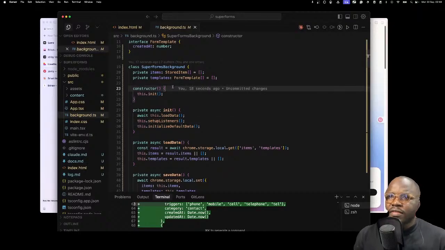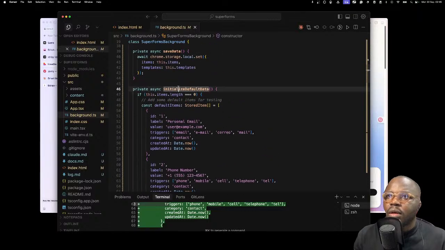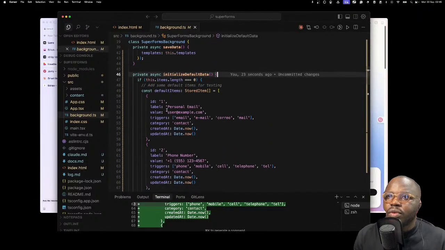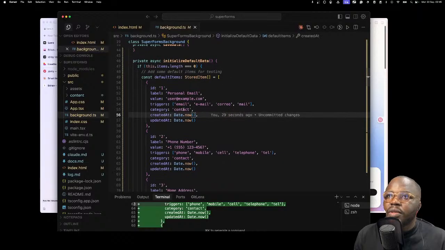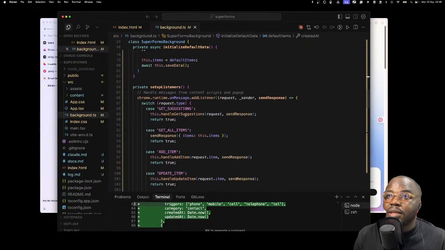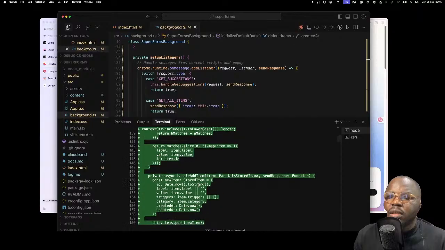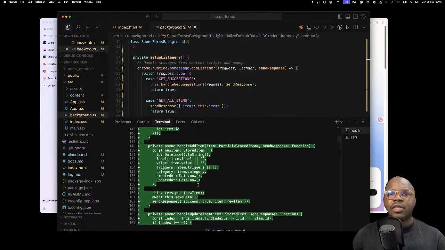Or OOP stuff? Oh, initial data defaults. So triggers are email, mail, whatever, contacts, created that. Oh, so it's storing all this stuff. I hope it's storing them in the DB or something. Or IndexedDB. Is IndexedDB tied to a tab? I'm not sure which one it is.